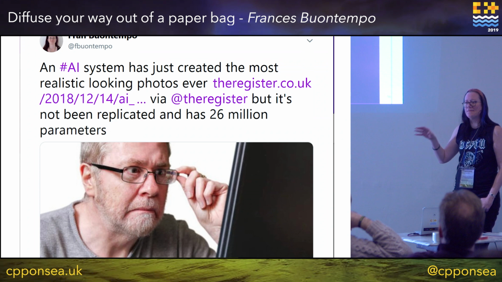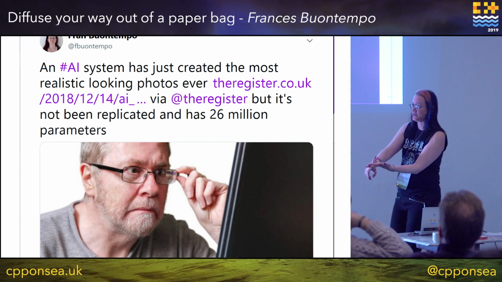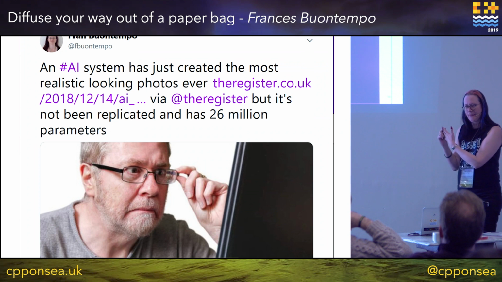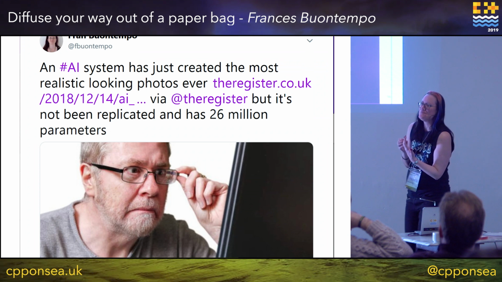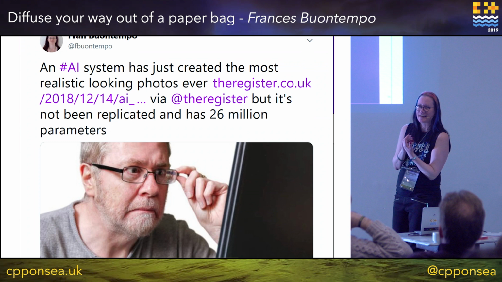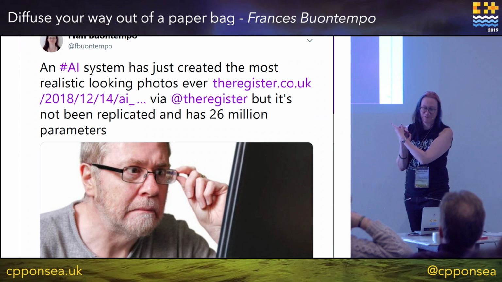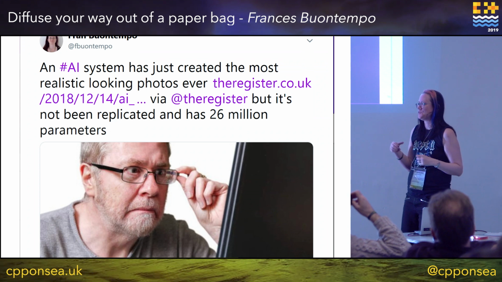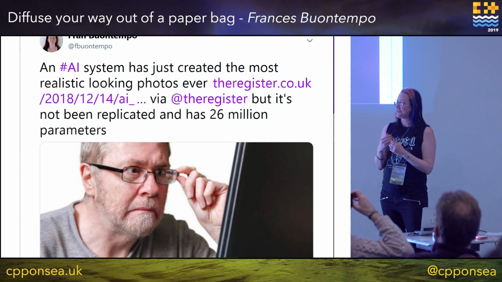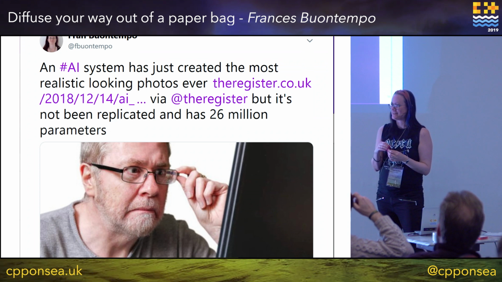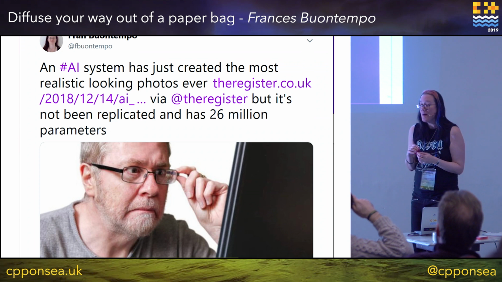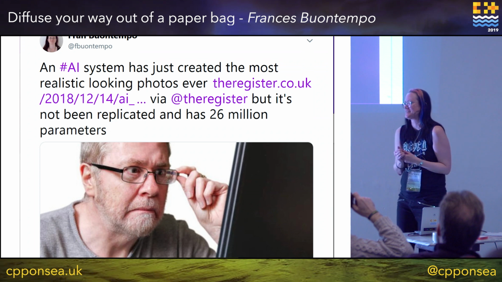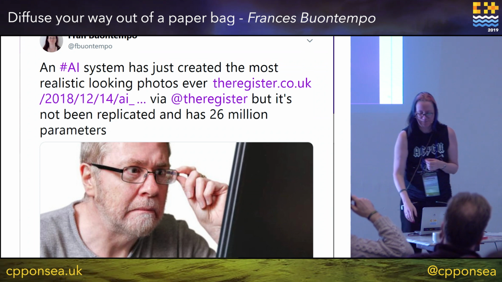Yeah, talking about machine learning, so we want some drift and some volatility. Just need two numbers, maybe the step size. We've seen some of the number of parameters some of the machine learning and AI models use. This was quite an interesting little story. An AI was drawing quite realistic photographs of people, and they looked really convincing. But it apparently had about 26 million parameters, and no one could actually repeat the experiment. That's a lot of numbers to choose.